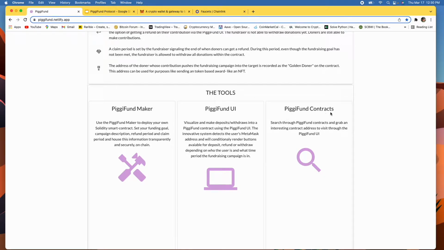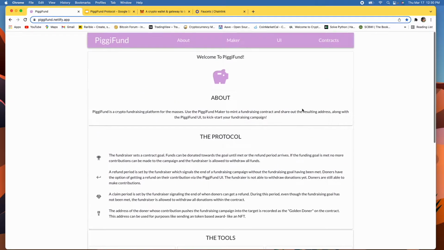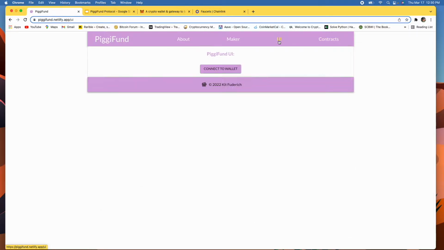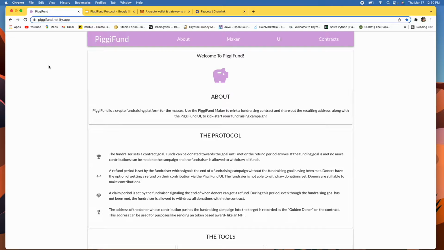And then there's the PiggyFund Contracts tab, which allows you to search through contracts by their description, pull their address and potentially use it in the UI, or just visit the contracts directly from this location. I'm going to be going through all of these tools, but if you arrive at this application at present without setting up your crypto wallet to work with a testnet, specifically the Kovan testnet, a lot of these tools won't render out as expected. So I'm going to be showing you how to set up your crypto wallet to work